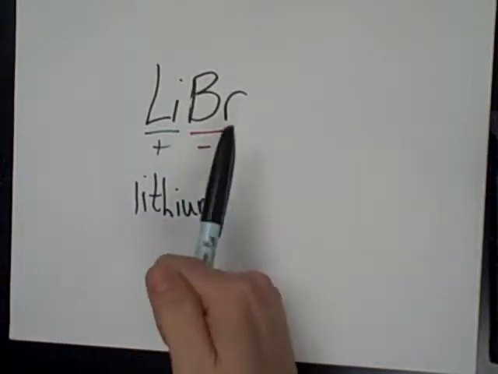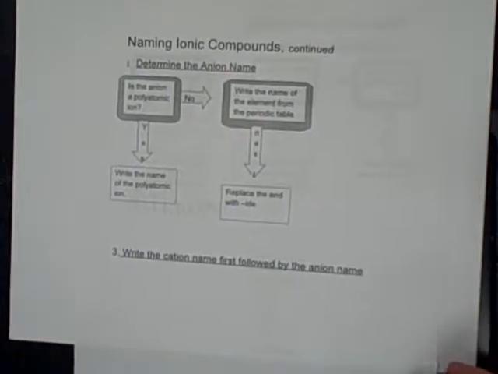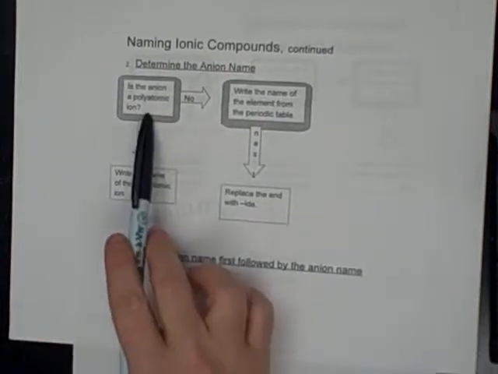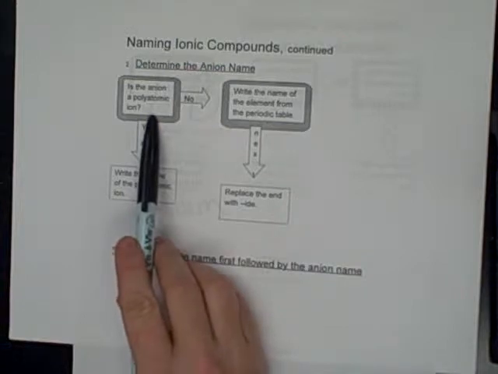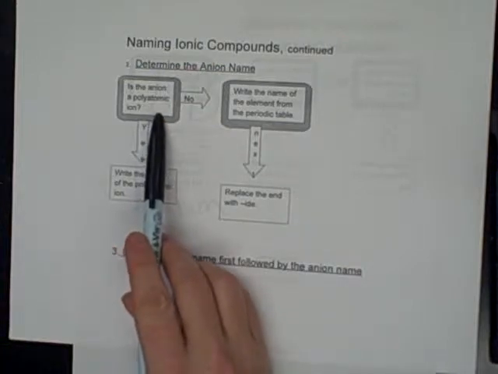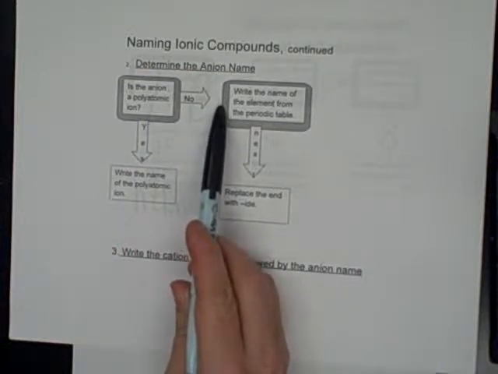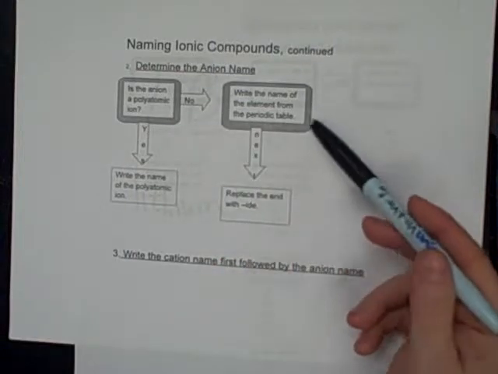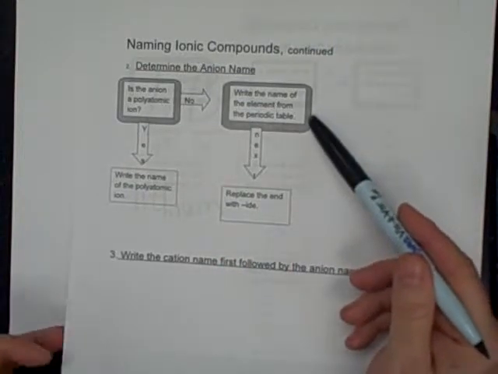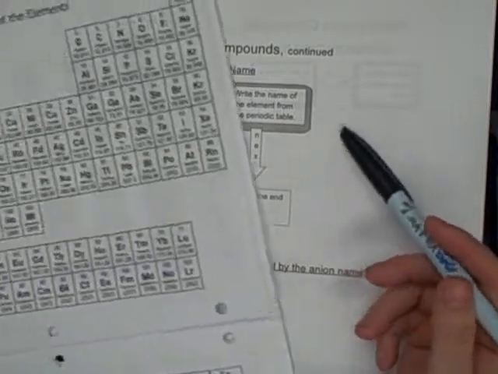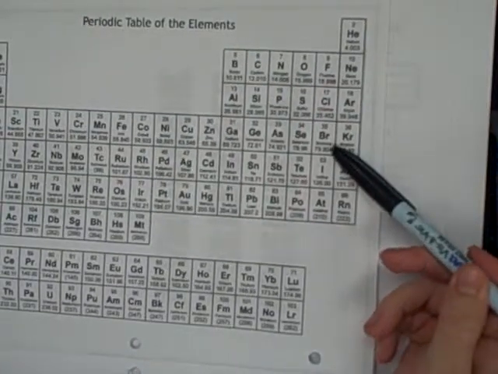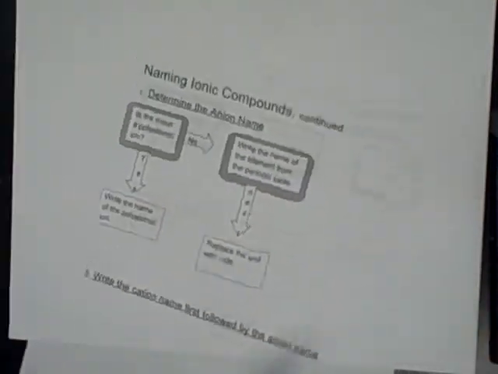Now for the second name, Br. We go to the anion side of our chart. Is the anion a polyatomic ion? It's not, it's a single element, so we follow the no arrow to the next box. It says write the name of the element from the periodic table. Okay, so on the periodic table, Br is bromine. So we'll write bromine,